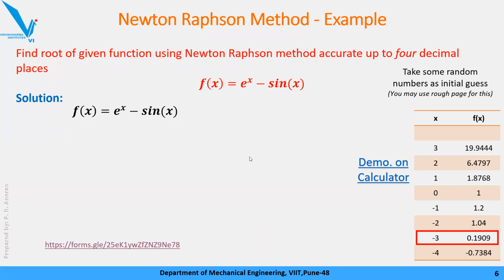Okay, there is one good query. Do we need to always start from a negative guess? No, that is not the case. But we need to see the range from -5 up to 5. Don't stop in between. We might have a better option available somewhere. So you can start with a positive number, but go for negative guesses also.